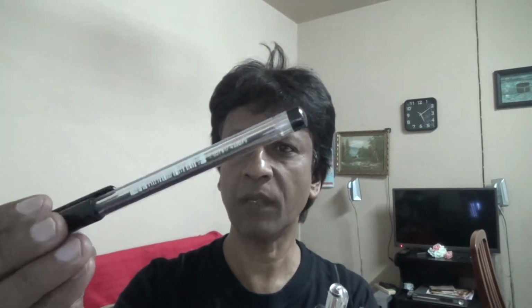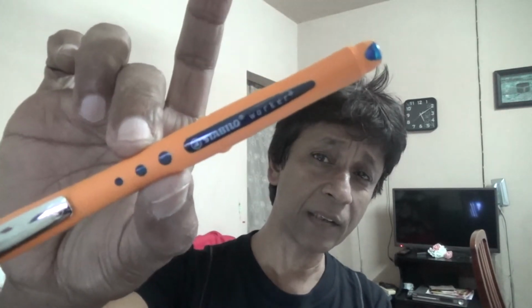I've got this Staedtler. I'm not going to make a review of that pen, but it's in my hands, so I'm going to show it to you. This one here is a great pen. It's the Stabilo. It's a kind of gel pen, and the only problem with this pen is that when you write with it, it just bleeds through the page, and I don't like that, because I like a pen that writes clean, so the other side of the paper remains quite normal, without any